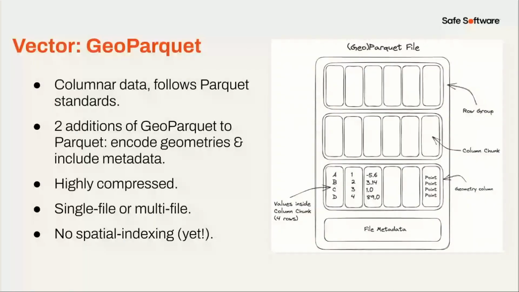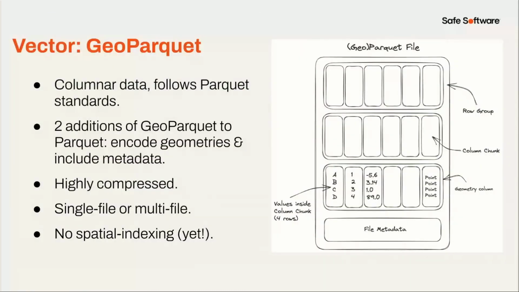Those were both raster examples. For vector, GeoParquet is the lead format right now. It's utilizing Parquet standards, and I won't dive too much into it because Chris described it some, but it's highly compressed and really great for vector data. The one downside right now is there's no spatial indexing. That is in the works, and Chris has a better perspective on that, but it is the one big downside to GeoParquet at the moment. It's highly compressed, which is its big perk.